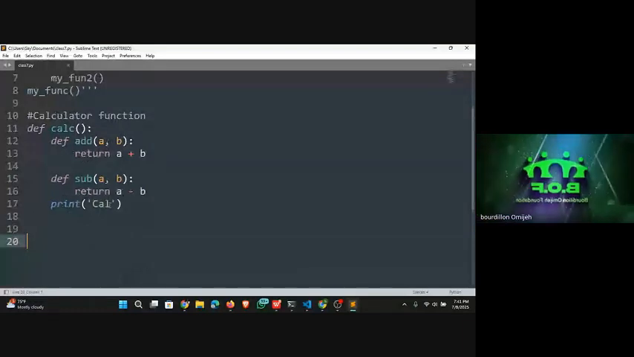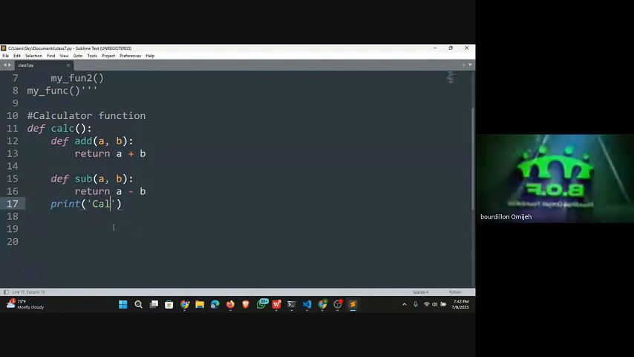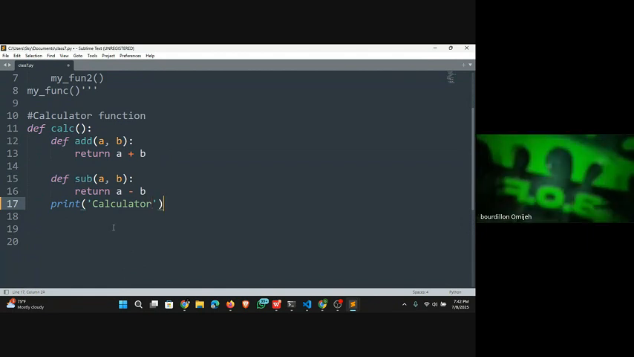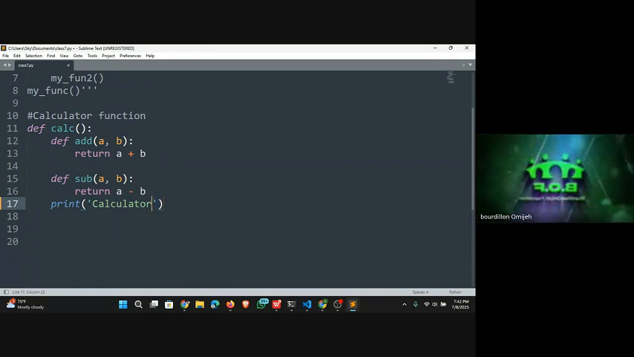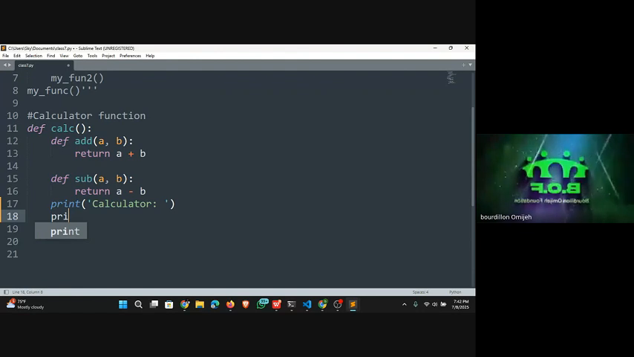Okay. So I was trying to now print our results. So I want to call this calculator, right? Good. Now we've printed our calculator. This will be our heading, right? And then we want to now perform the operation. I'm now going to say, let's print,